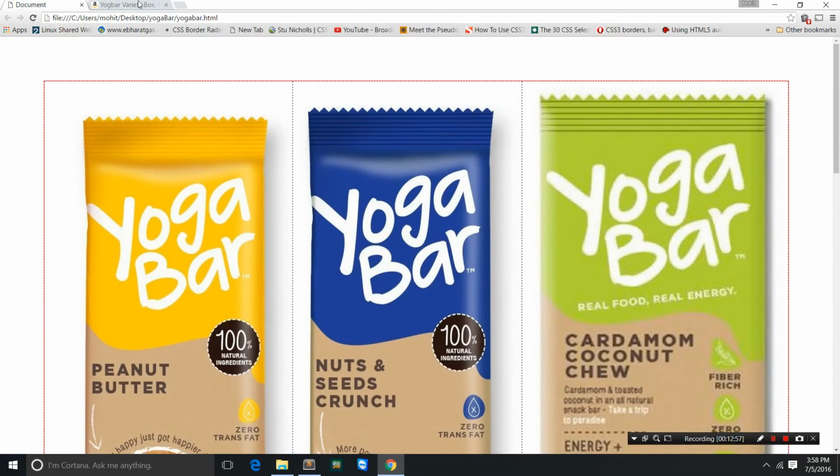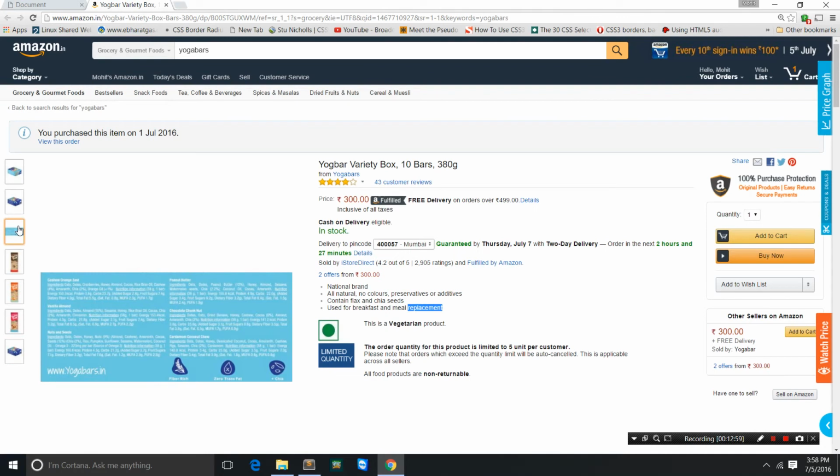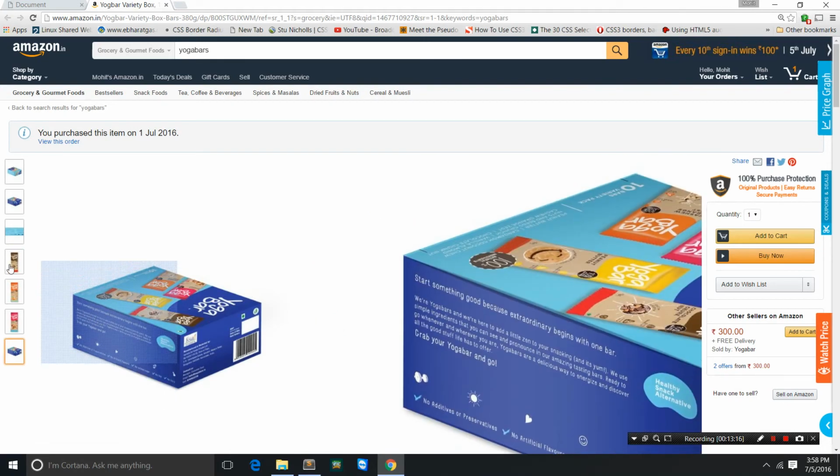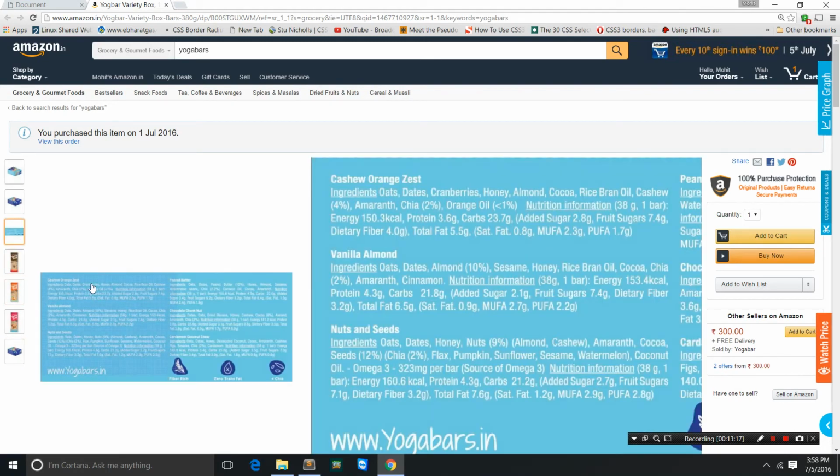Right? And what can I say about this amazing product? The taste may not be very good, guys, but the product is awesome. It's all natural, no colors, preservatives or additives. Has sesame seeds, a lot of dry fruits, dates, bananas. Let me show you the different variants and their nutritional